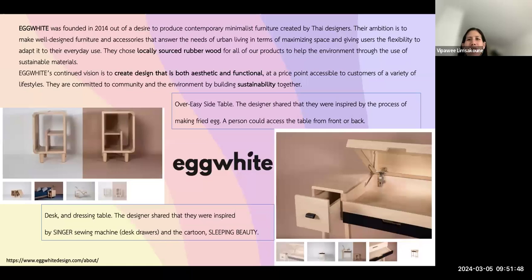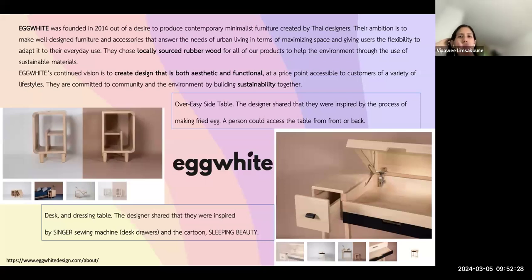Okay. This brand is called Egg White. Has anyone heard of it before? You can type in the chat box and let me know how you know it too. For me, I know it because I went to an open house at Chana Patana Design Institute. They open for, for example, if you're still in high school, you can take it too, or even if you have graduated already, you can take it too. There is no limitation on age. And they have two majors, fashion design, product, and interior design.